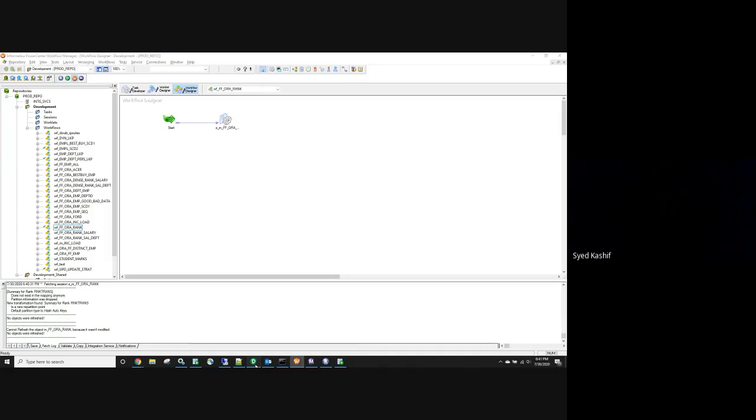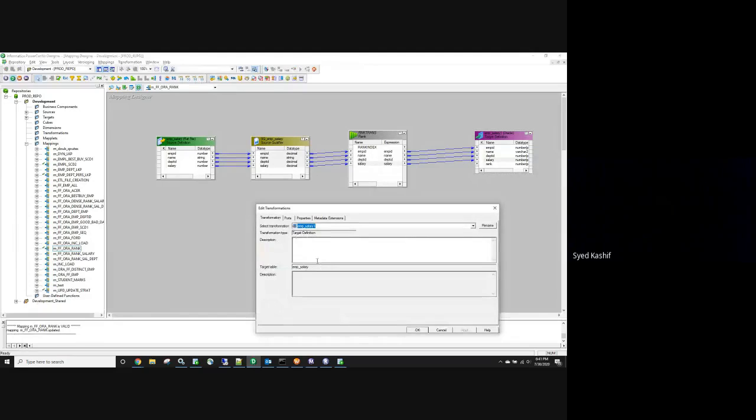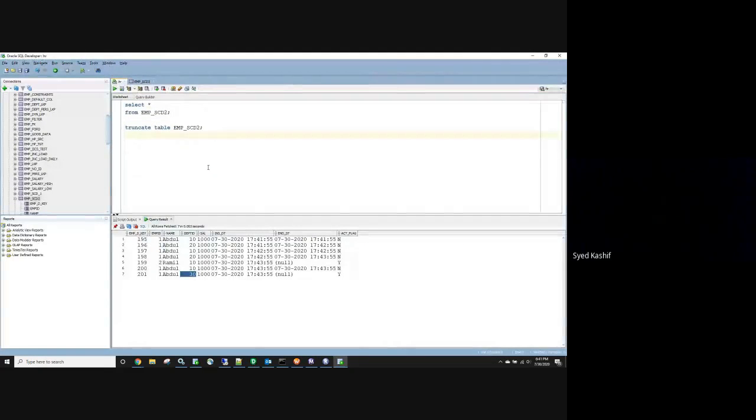So what is my target table? I'm not using shortcut, so it's not showing up here. So I will simply say